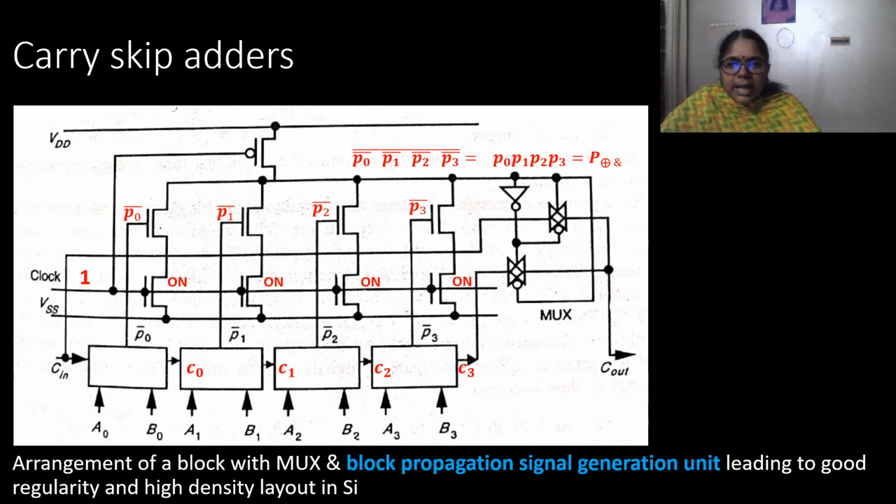So when we consider this part of the circuitry in this way, the on NMOS transistors are going to be taken as closed switches, so that these 4 NMOS transistors are in parallel, to which P0 bar, P1 bar, P2 bar, P3 bar are given as the inputs. Thus, the output which is obtained is NAND operation of P0 bar, P1 bar, P2 bar, P3 bar, or in other words, it is